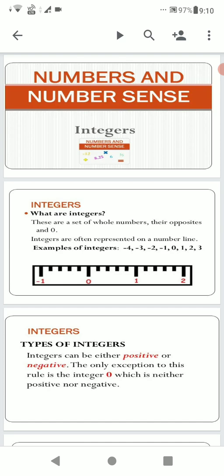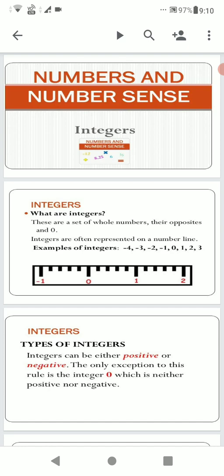The numbers which are less than 0 are called negative numbers. जो नंबर 0 से छोटे होते हैं वो क्या कहलाते हैं? नेगेटिव नंबर, जैसे -1, -2, -3, -20 and so on. So to differentiate these negative numbers from whole numbers, we need to use a minus sign. A minus sign attached to the number. This indicates that numbers with a negative sign are less than 0.